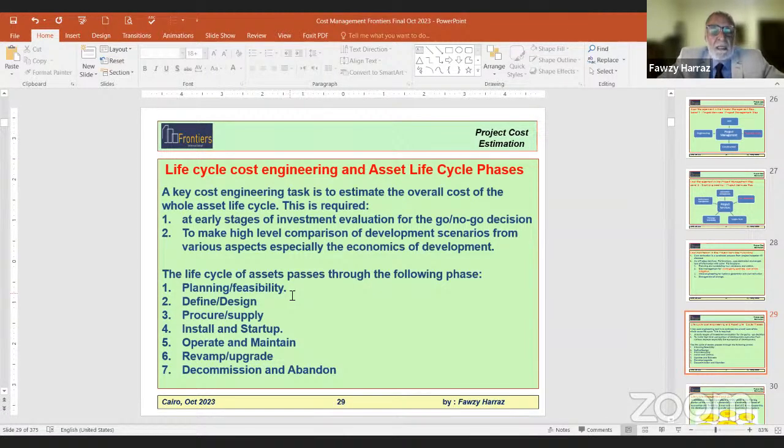Procuring actually applies to supply of goods or equipment and the contract services as well. When we place all the orders and award all the contracts, we proceed with installation of the equipment and construction of the facilities until we start up. So this is the